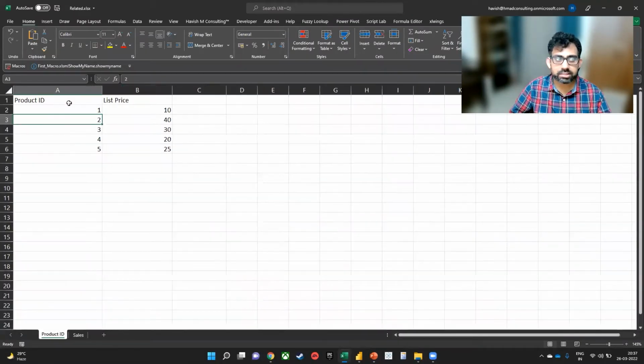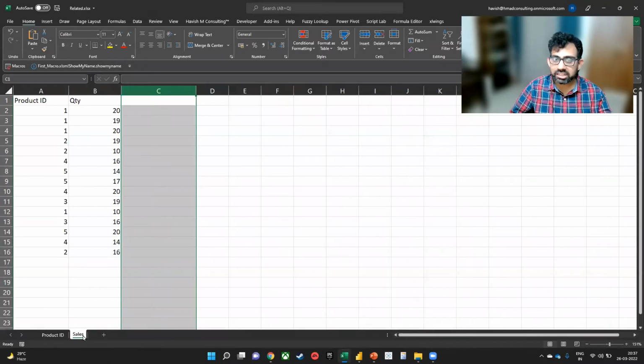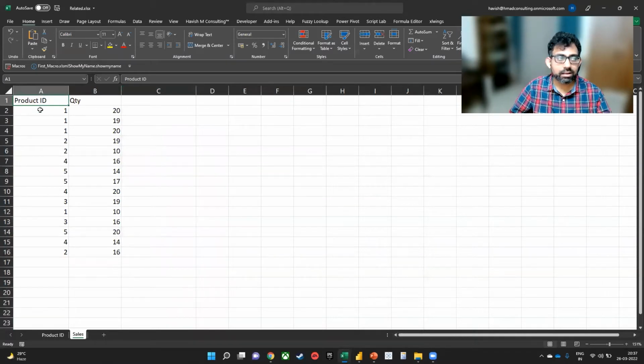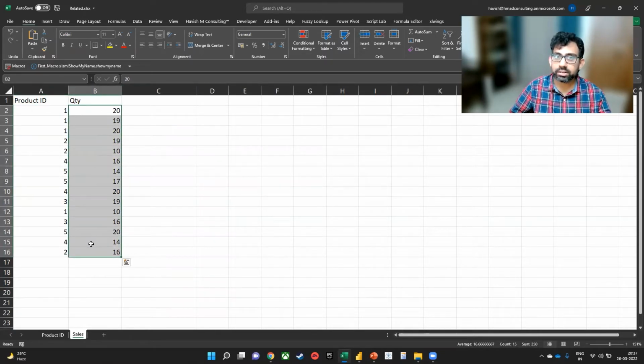We are working with a very simple data set. What I have here is a list of 5 product IDs, 1, 2, 3, 4, 5, and each of them has a list price. And then in the transactional data, we have a sales data set where I have the product ID. Each of them is appearing multiple times, and I also have the quantities sold. So if I want to know the total sales,